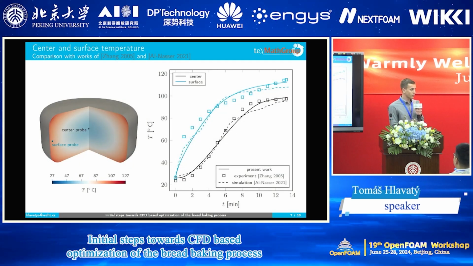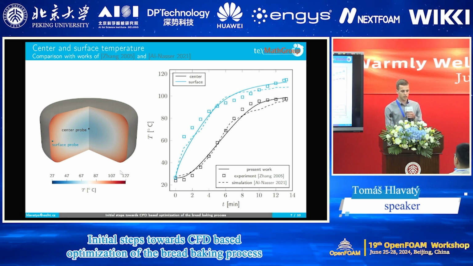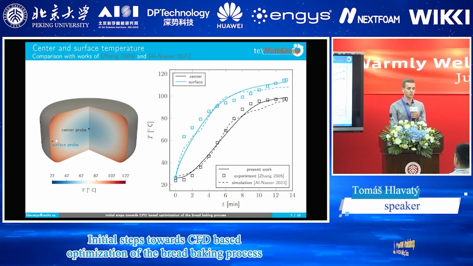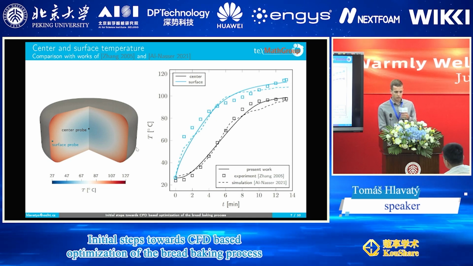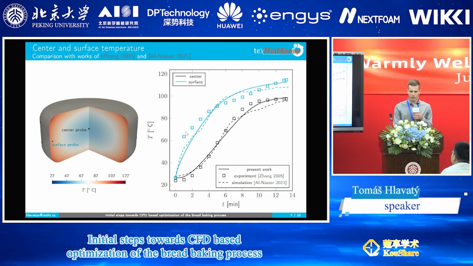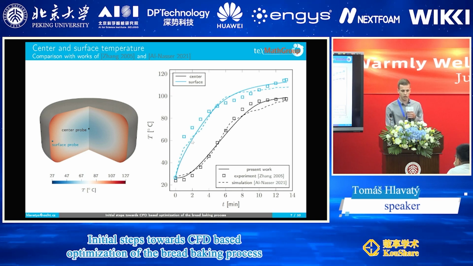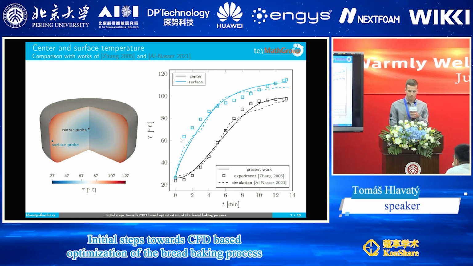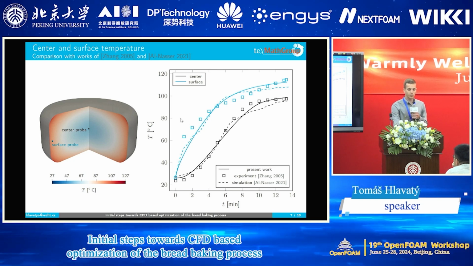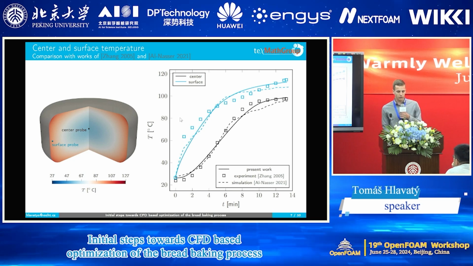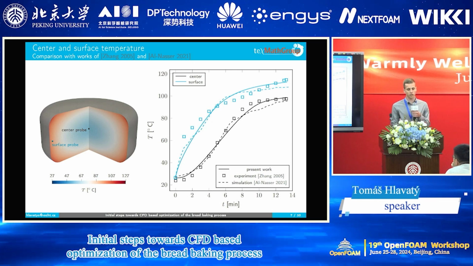Firstly, here we have a comparison of the temperature in the center probe and the surface probe during baking. We can see that the model predicts the results quite well, especially in the center. The discrepancies in the surface temperature, we believe, are caused by effects of the crust formation at the